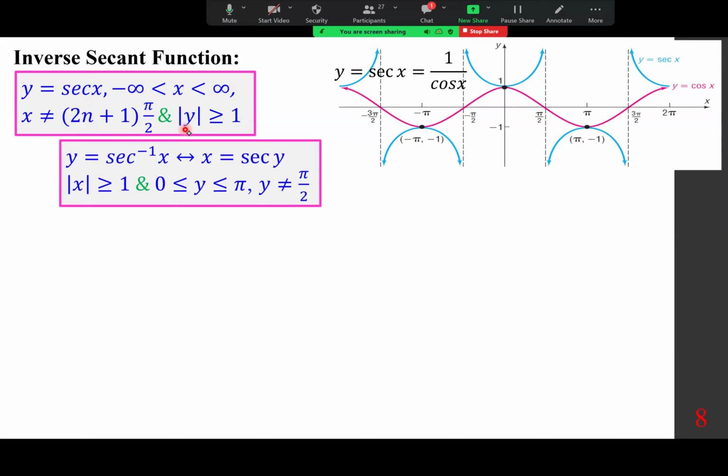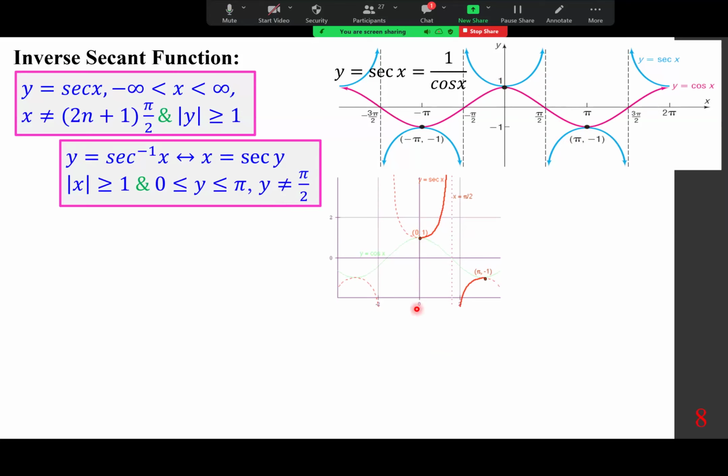So if we want to go with the inverse function, y equals secant inverse x means x is secant y. Absolute value of y now becomes absolute value of x is greater than or equal to 1, and y is between 0 and pi, and y can't be pi over 2. Because secant is 1 over cosine. Remember the restriction we put on cosine that it goes between 0 and pi. We're going to put the same restriction, and of course the reason y can't be pi over 2 is because it's a vertical asymptote. So you do the restriction for this part, okay, this part,